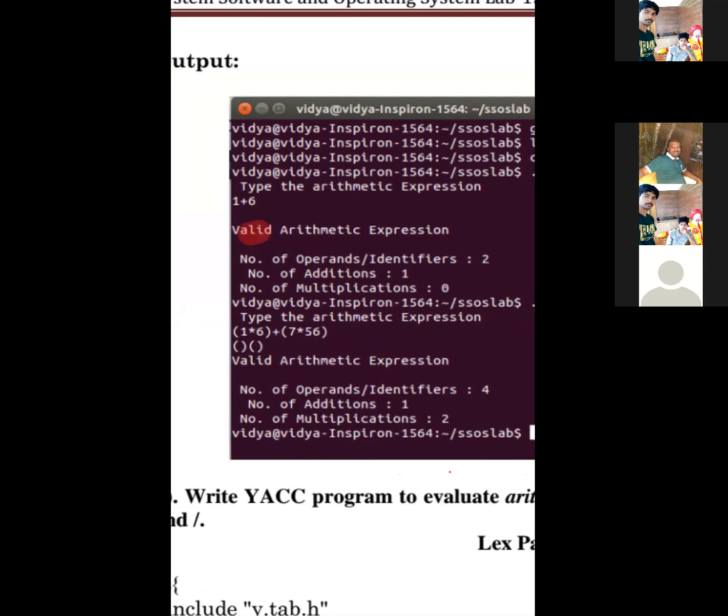Type the arithmetic expression. 1 plus 6, they are written. This is a valid arithmetic expression. Number of operands they are using is 2. Addition is 1. Number of multiplication is 0. So type the other, just a valid one, and then it is going to distinguish how many number of